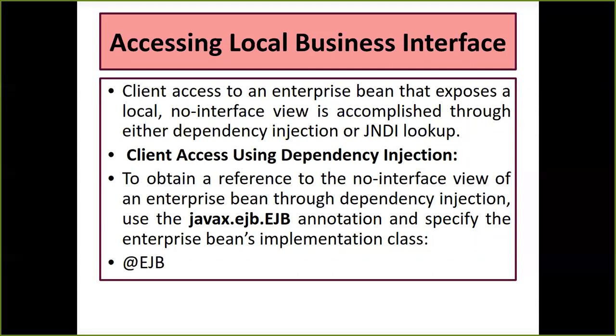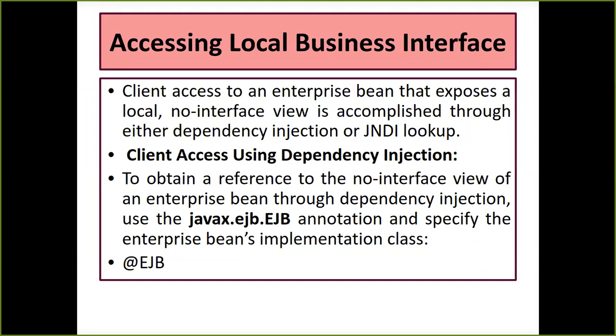You can make use of the annotations. So these are all the options where your client can access your home interface. Fine. So if I'm a client, I'm going to code something, and my client code, whatever I have written, I want to pass it further to the server, and inside the server it should find the container, and inside the container it should find something called a home interface or a local interface through which it is going to communicate, and after the communication it needs to pass it to the remote interface.